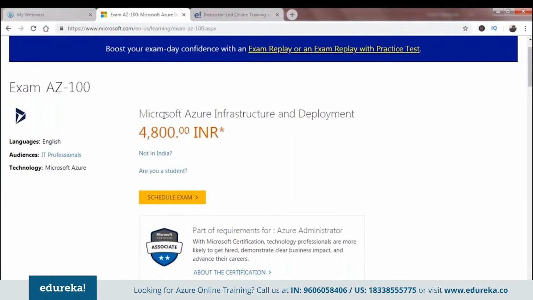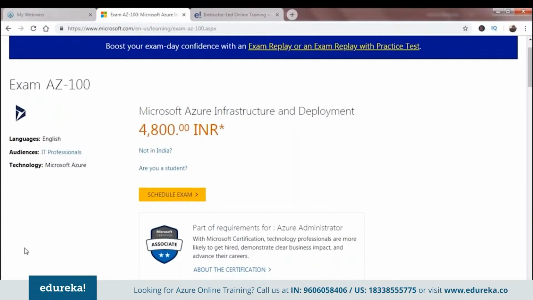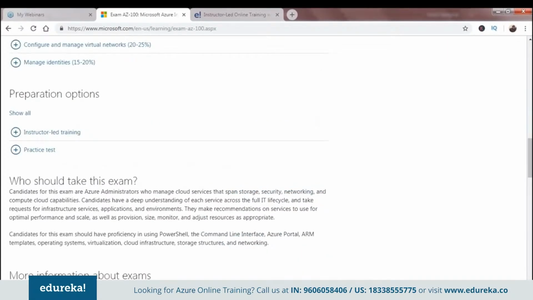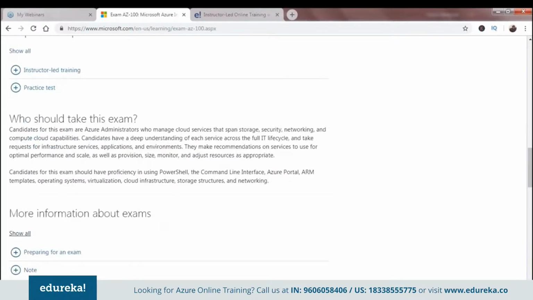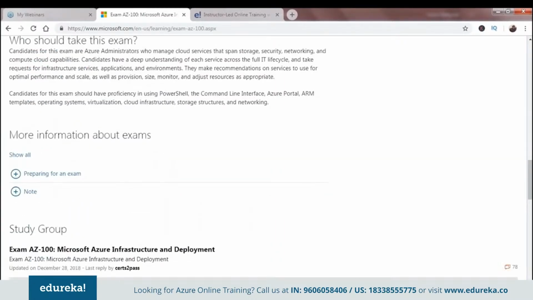So guys, if you are taking this exam from different regions, make sure that you check the price according to your region. Again, who should take this exam? IT professionals, that is admins specifically, and you have to take that exam in English, as I've already mentioned. The details are mentioned here, guys. What are the topics that you would like to focus on? Who should take this exam? And questions like that. I've answered most of those questions, but if you want to know about it in detail,